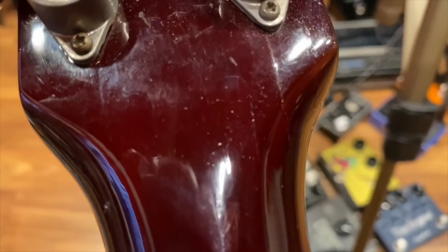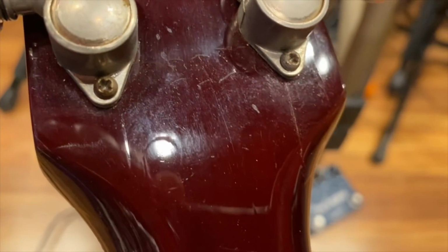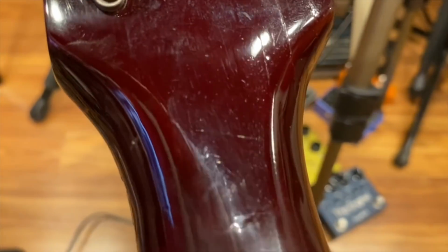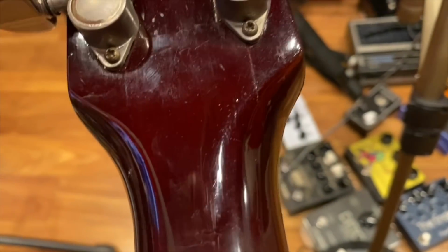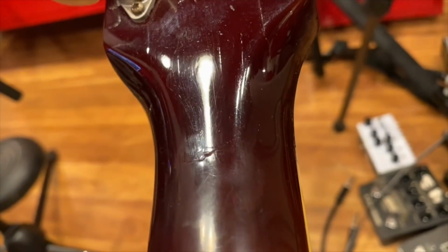So the guy went for it, and he actually did a really unique repair. He inlaid maple dowels on the back of the headstock. He put it back together as best he could, and then routed out a little bit and put in these strips of maple to reconstruct it. Now, truth be told, when I got it back, it was okay,